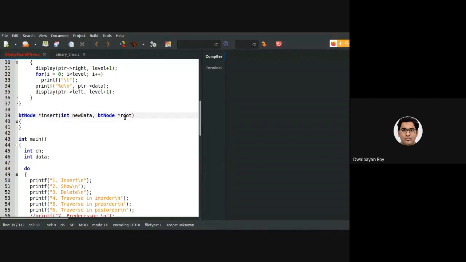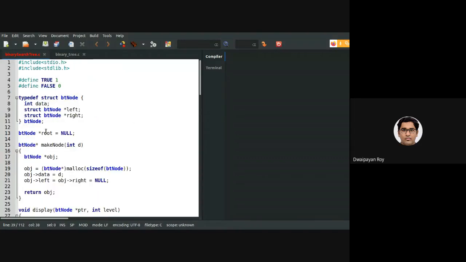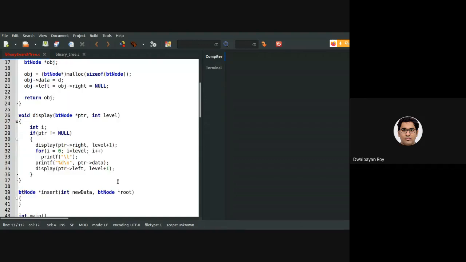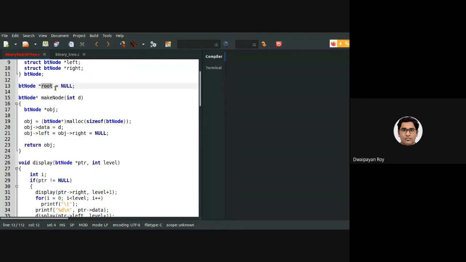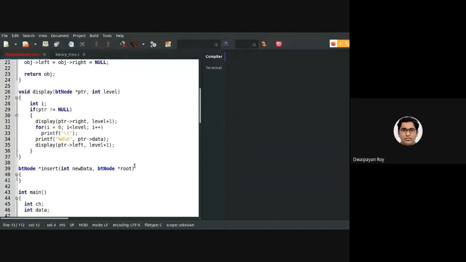Now this root is different from this root. Please note that this is a local root and this is a global root. To make things less complicated, let's call it parent, although using root here would also be okay.